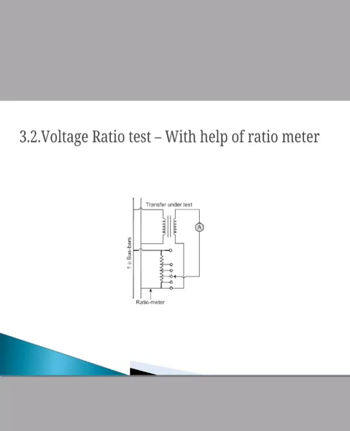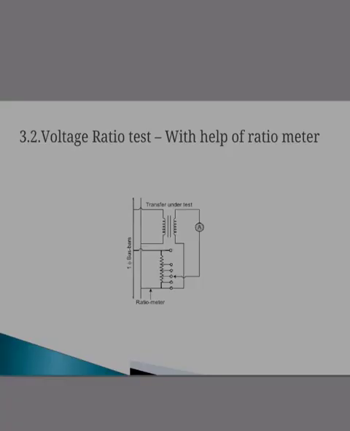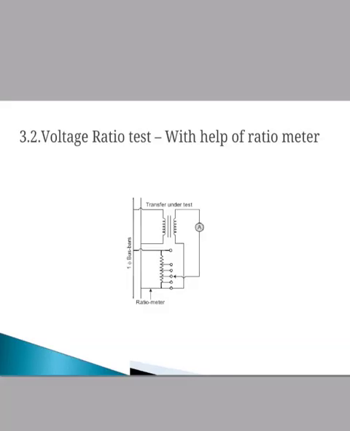The current flowing through the ammeter is made 0 by adjusting the voltage, which indicates that the secondary voltage of the ratio meter and the transformer under test are equal in magnitude but act in opposite direction. And since the primary voltages are equal, the voltage ratio of the transformer under test is equal to the voltage ratio of the ratio meter. Then we can find the ratio of the transformer automatically.